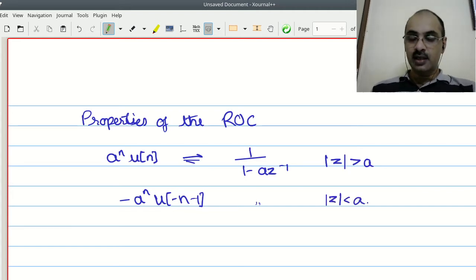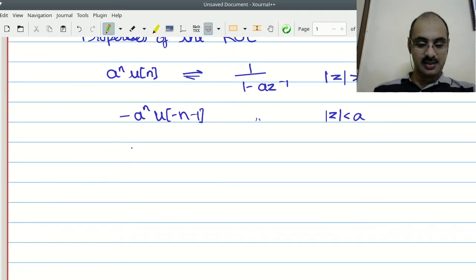So indeed, it is essential for you to be able to provide the ROC for the Z transform to make complete sense. So given that that is the case, I wanted to quickly discuss the properties of the region of convergence. So number one, the ROC is a